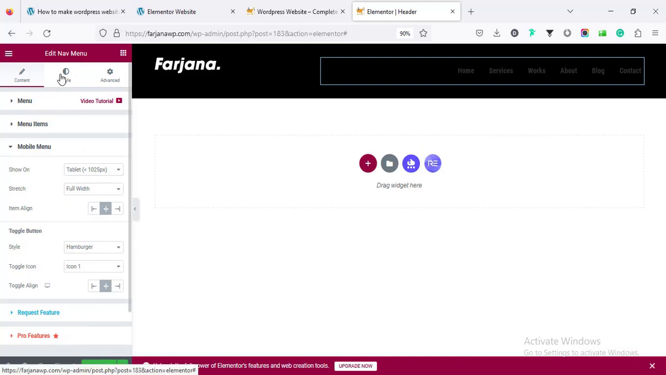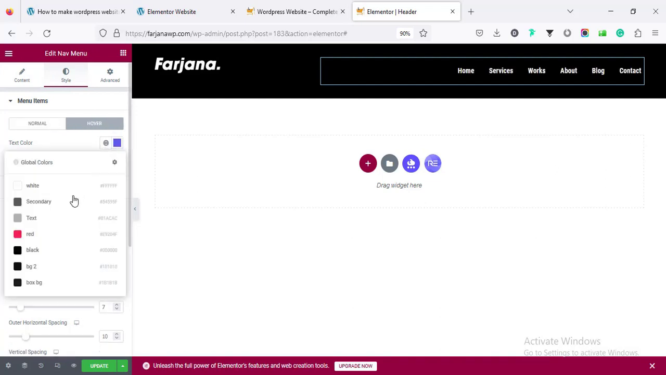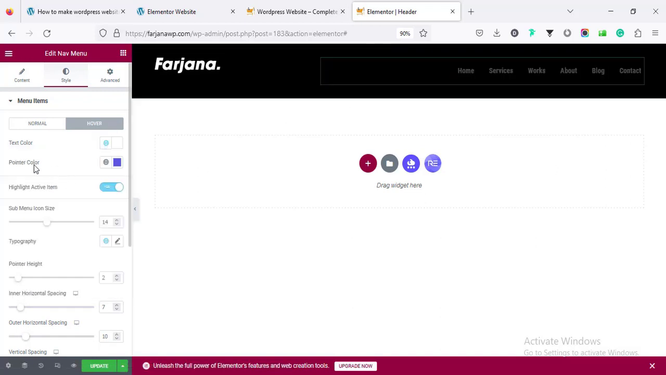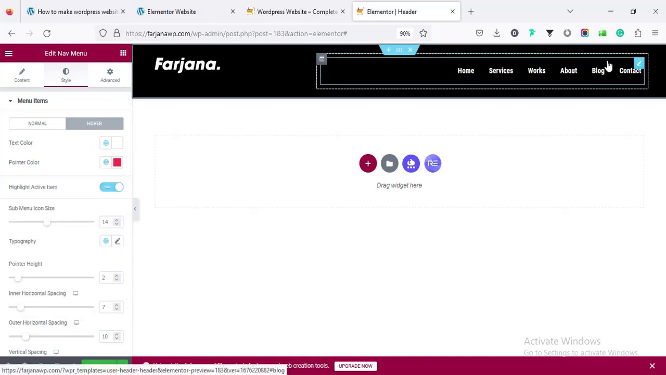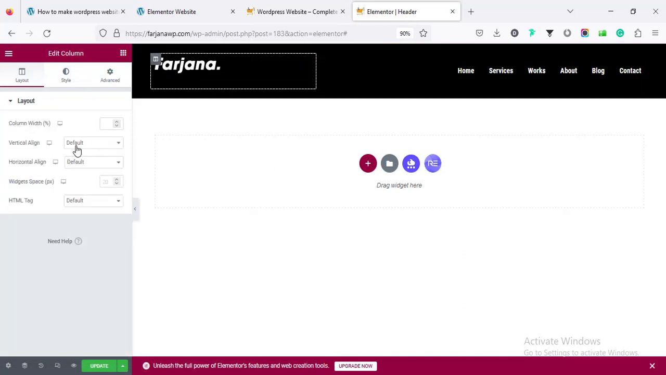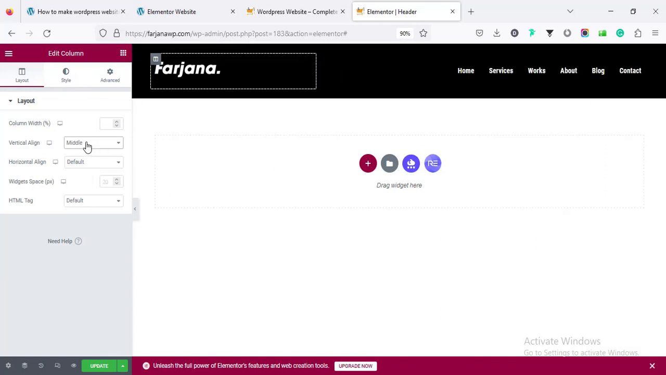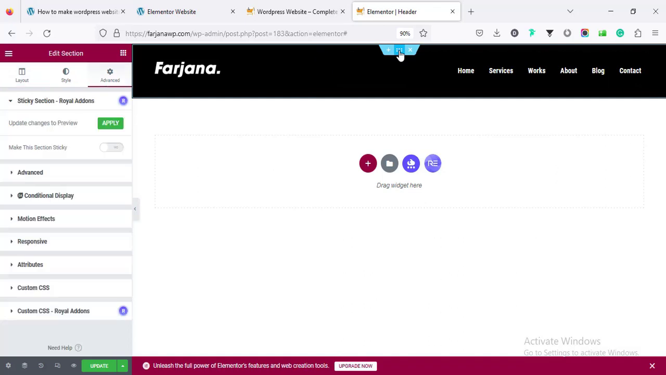Going to style tab, the text color is white, and on hover text color I'm setting the red color, or we can set the white, and the pointer color is red. Looks good. And here if I go to edit column, vertical align middle, same for this one, vertical align middle. And here I think we can decrease the padding for the header